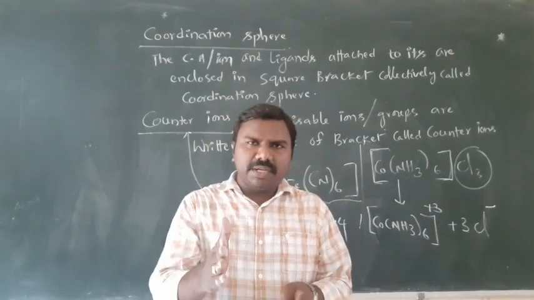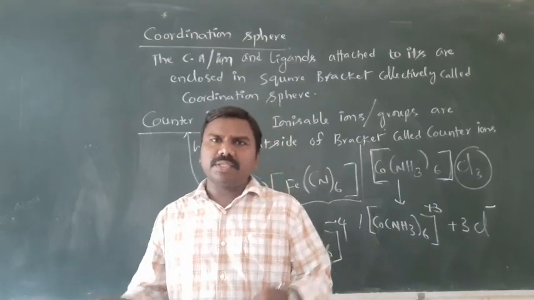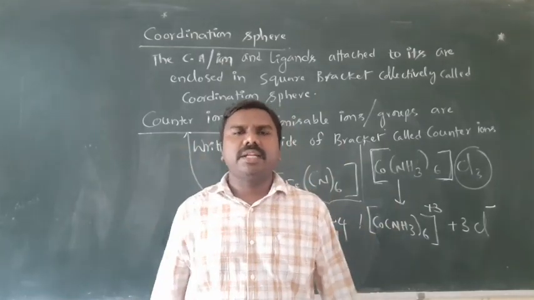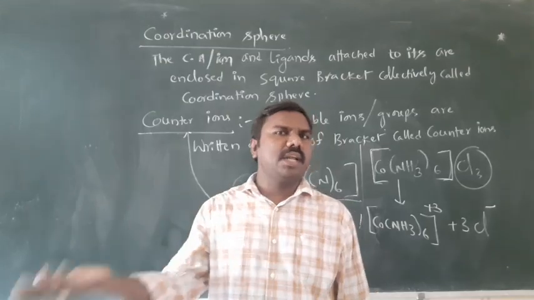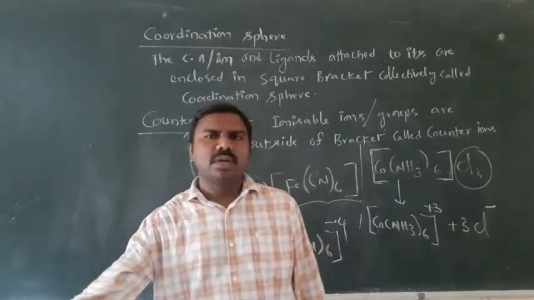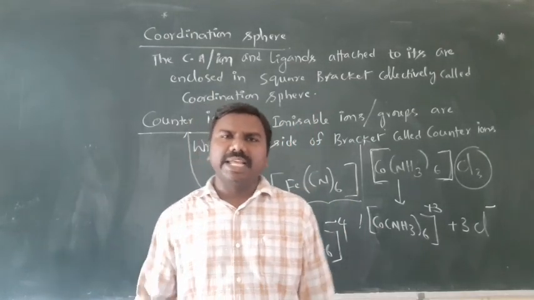So it is a simple question: how many ions are present in the following? You need to split that. Outside ions plus the square bracket as 1 ion. How many are there? You need to count. So this is the next term.